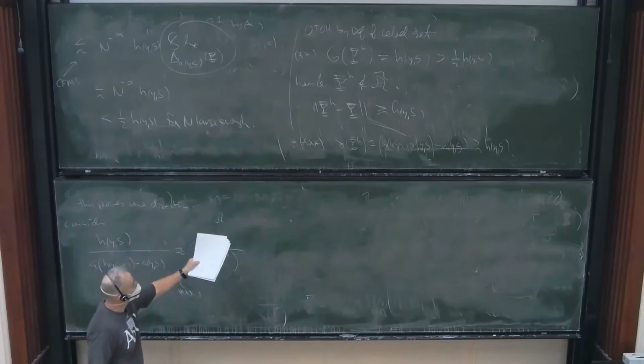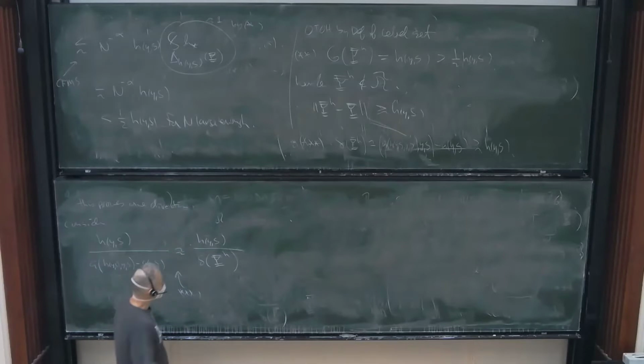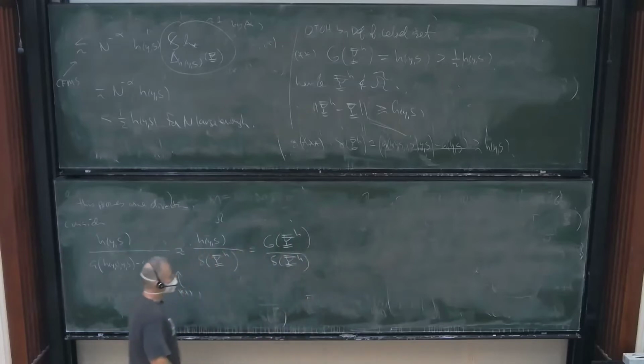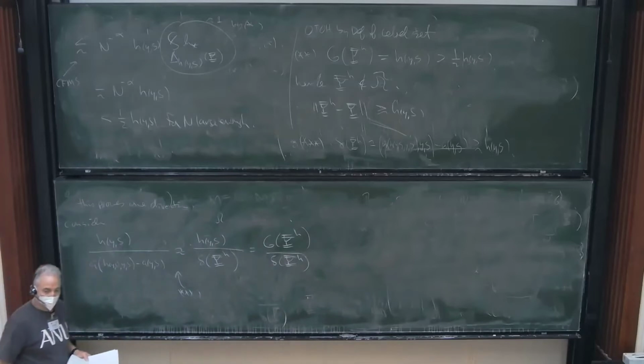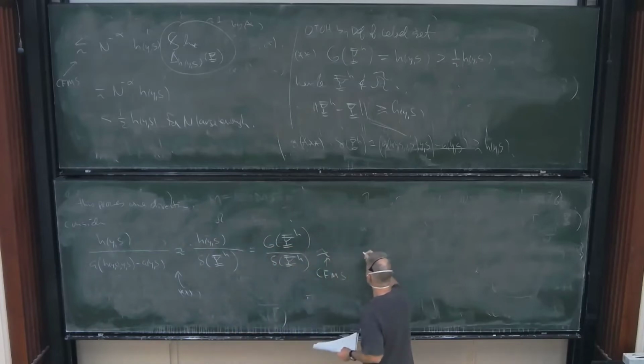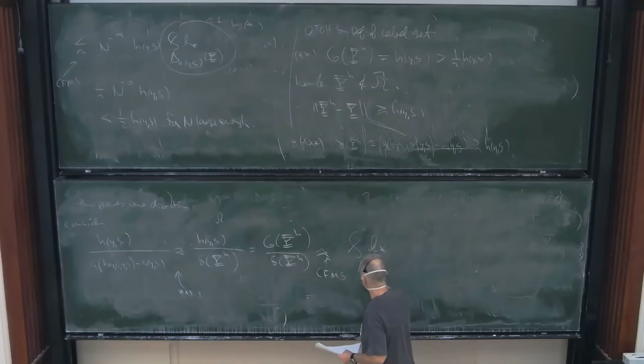But remember, by definition of the level set, h of ys is the same as G at this value. Okay? And now we get to use CFMS. And this is like the average of k star with respect to the surface ball at this scale, this radius,